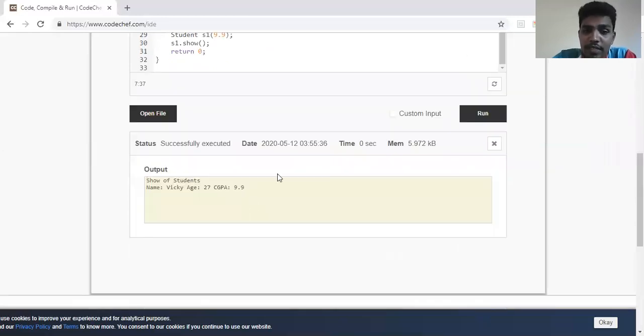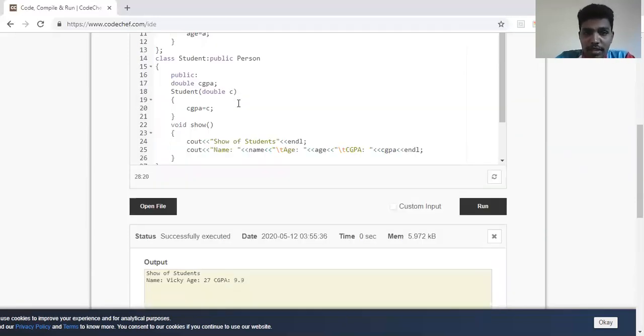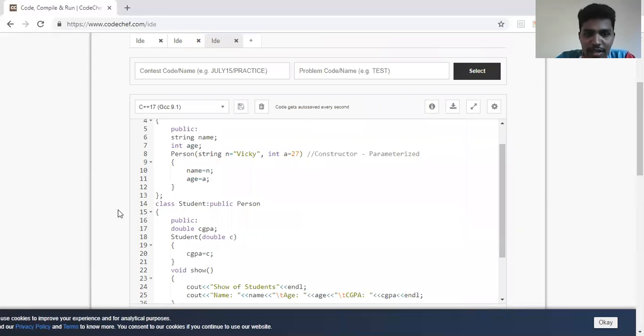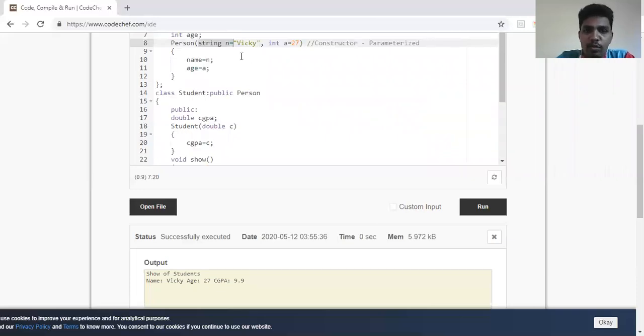You can see here, it has got successfully executed. What was it doing is, when I call an object of the student class, since student has derived the class person, it automatically calls the constructor of class person. And the constructor of class person, earlier it was taking two arguments, but nowhere in my code have I actually passed arguments. So I defaulted the values in that particular constructor, so that whenever I'm not passing any arguments, it takes the arguments wiki and 27. That's why it has got executed. And how did 9.9 come? Because that is what we have passed in our main.